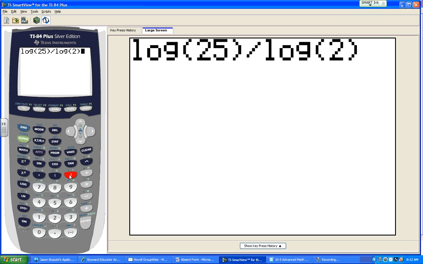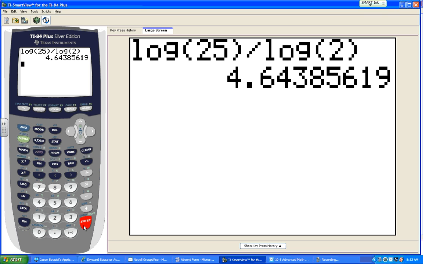So in this case, I've used common logarithm to basically write something that was log base 2, right? Kind of cheated a little bit. And hopefully this is what you got. So is it necessary to round? Yes, it is, because it keeps going. And now when we round to the nearest 10 thousandths, it's 4.643